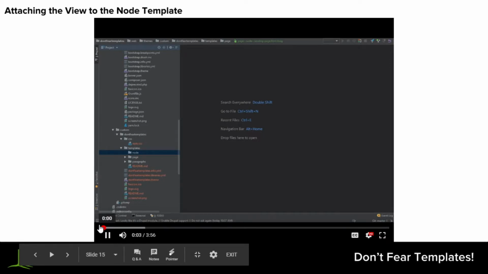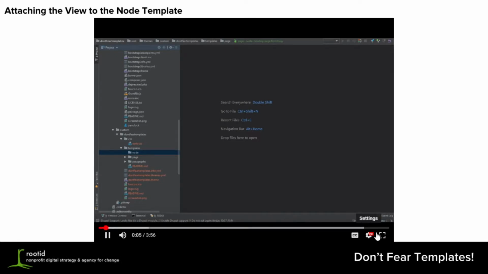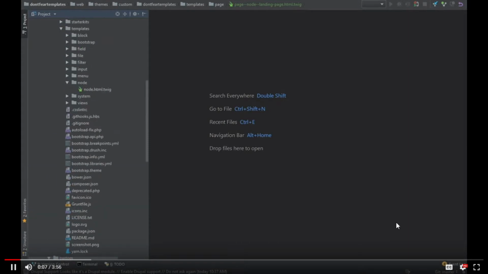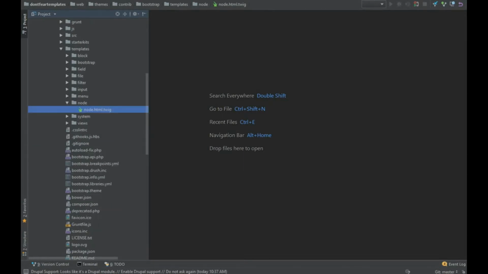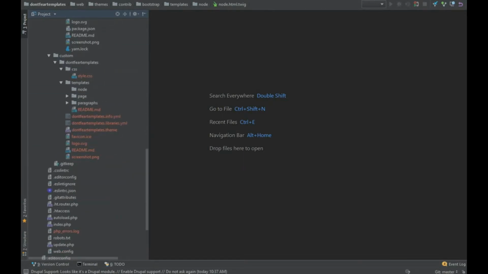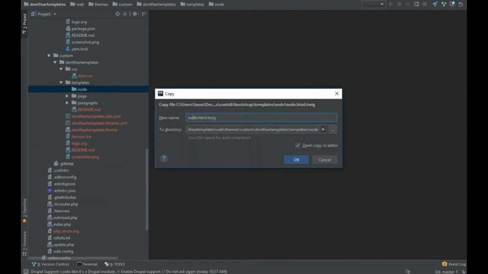All right. Okay, so now we need to attach the article list to the node template. There are various modules that can do this, including blocks, assuming you don't want the article list to be in the middle of the node content. But doing this with code is actually quite easy. So we need a custom node template,